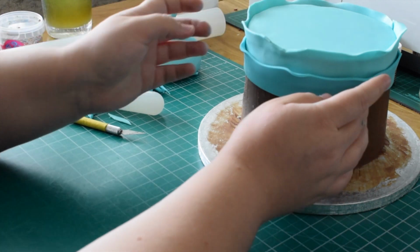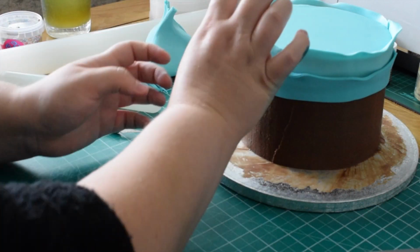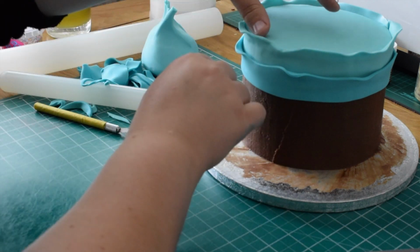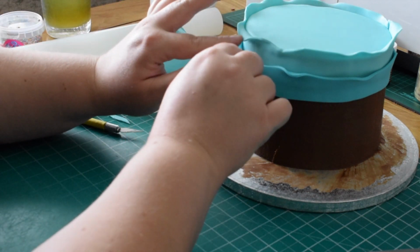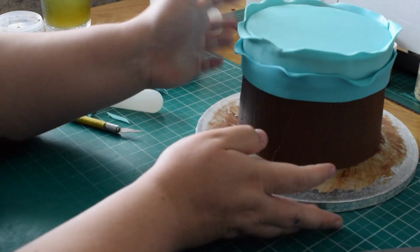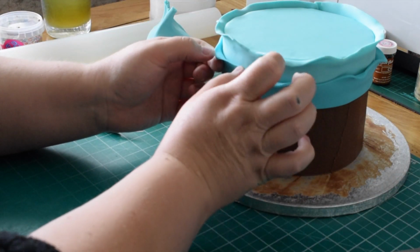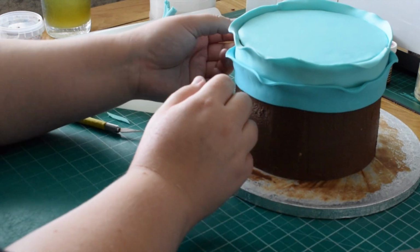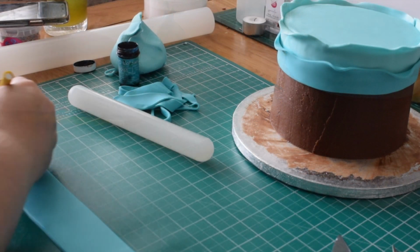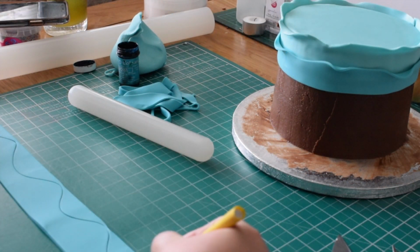And this is the process that we're going to work throughout the whole video, just with each different layer. And it's such a simple, quick way to sort of create a wave effect on a cake. It didn't take me long whatsoever. So just pulling it down slightly, and then we're going to do our next layer. So again, I've added some more